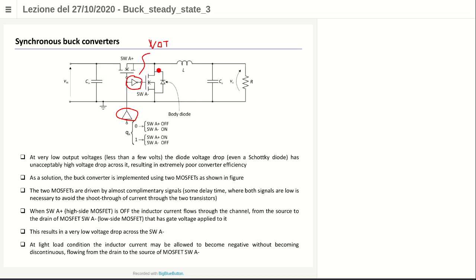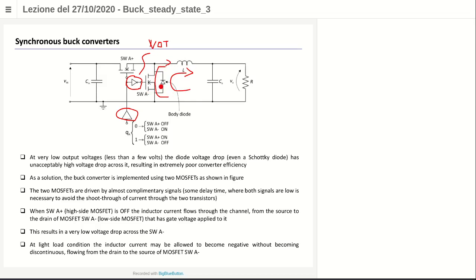Which is the difference? The difference is that you should know, mechatronics students, because you learned in the lectures about the devices, and electronics students from previous courses, that when a MOSFET is on, so when a channel is formed under the gate, the current can flow from the source to the drain, but also from the drain to the source. Okay, so what happens when the switch A plus is off and the switch A minus is on? The current through the inductor wants to flow in this direction. So if the current wants to flow in this direction and the MOSFET is on, this current can flow through the MOSFET,